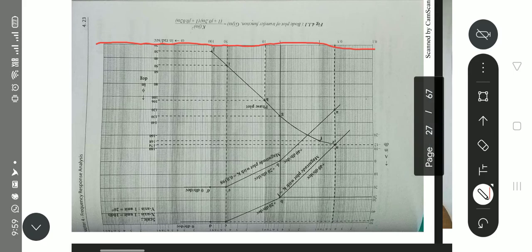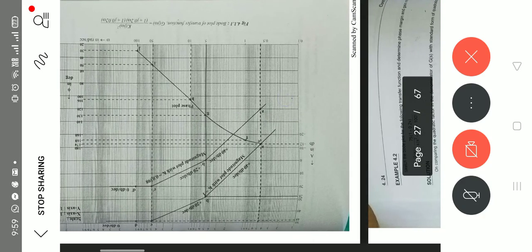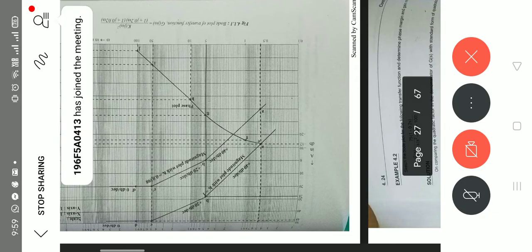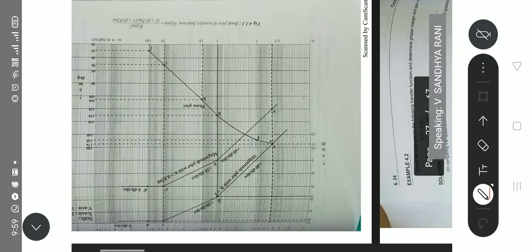Then we can take the magnitude, whatever magnitude we get: minus 12, 28, 48, 48. From these values, I am taking the magnitude axis from minus 20 onwards: minus 20, minus 10, 0, 10, 20, 30, 40, 50, like that, in this plot. Okay, this is the magnitude.